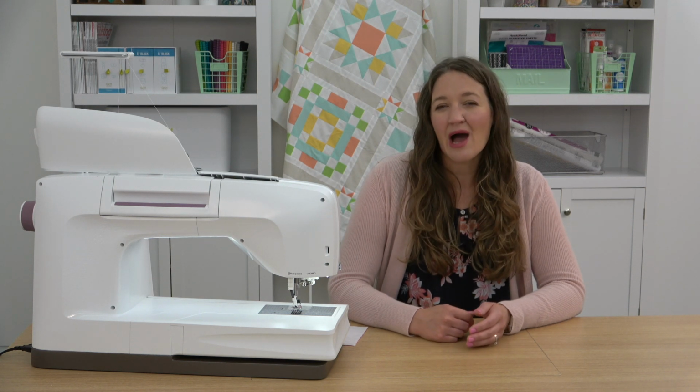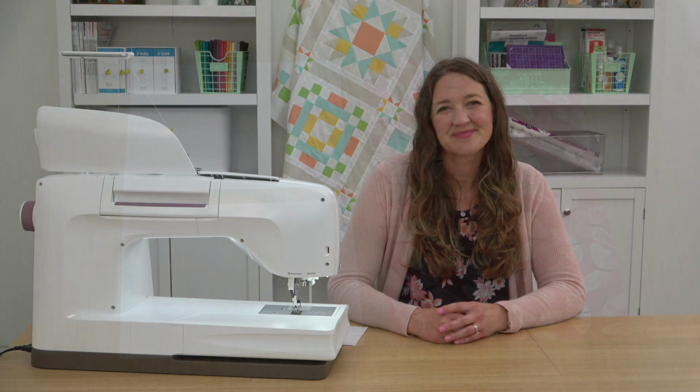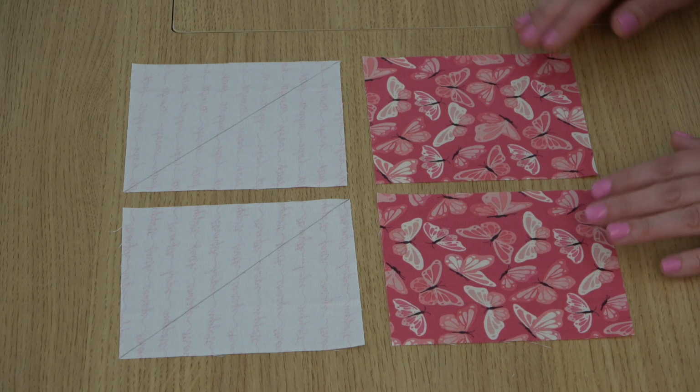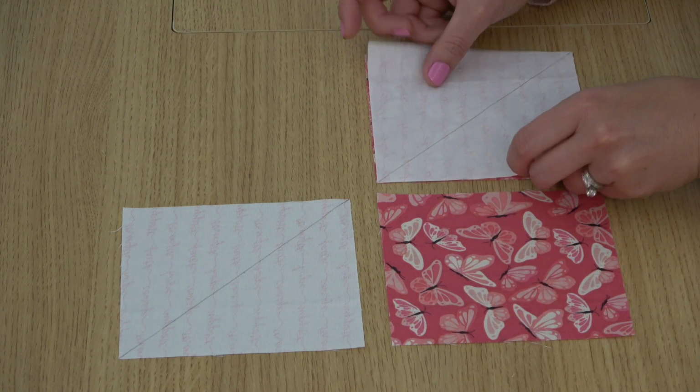This block features hourglass units, and there are some different ways you can construct those. This particular pattern uses a triangle square construction method, so I'm going to show you how to make those units today. So I have my 4 5¼ inch squares, and I have my 2 with my diagonal lines marked, and I'm going to layer those right sides together